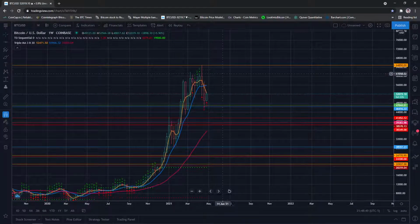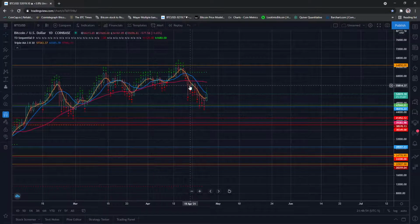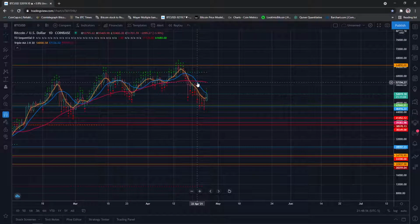For us to potentially get momentum to the upside. It would have got you out on the daily whenever the price was below the 8 and you had a 30, the 8 intermediate below the 30 as well. So that would have been pretty much right here. You would have got out at 51,701, which is